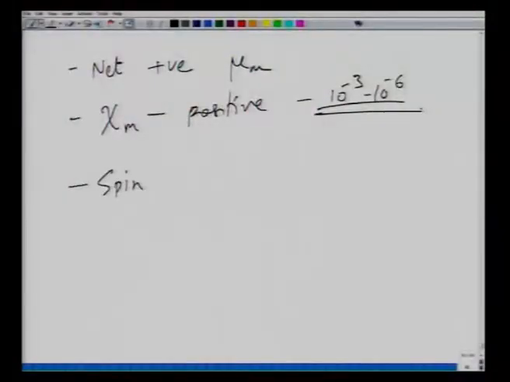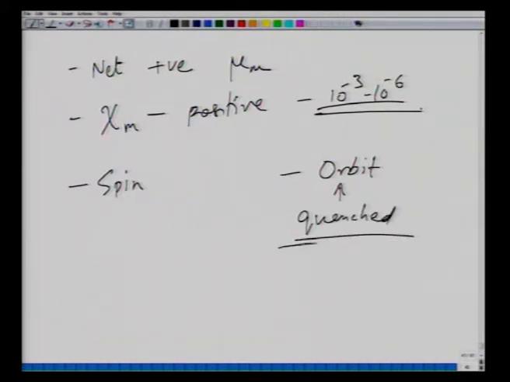Now, you have two kinds of magnetism, as we said earlier: spin and orbit. Typically in most paramagnets, the orbital contribution is so-called quenched. What this quenching means is that in these materials the atoms have a surrounding field, and this surrounding field couples the orbits to the lattice, and as a result the orbital magnetic moments do not switch when you switch the field. So they essentially remain ineffective.